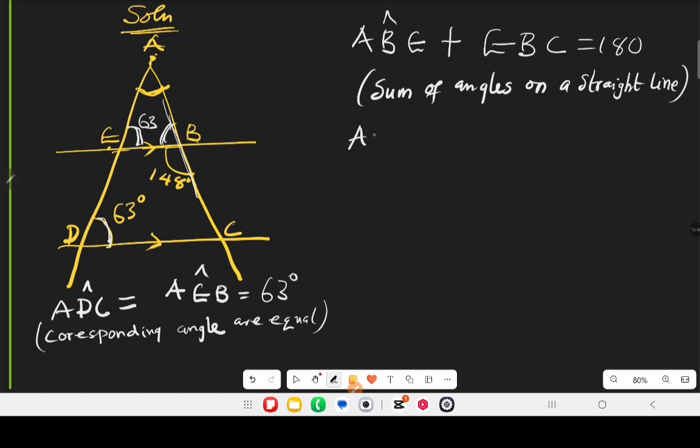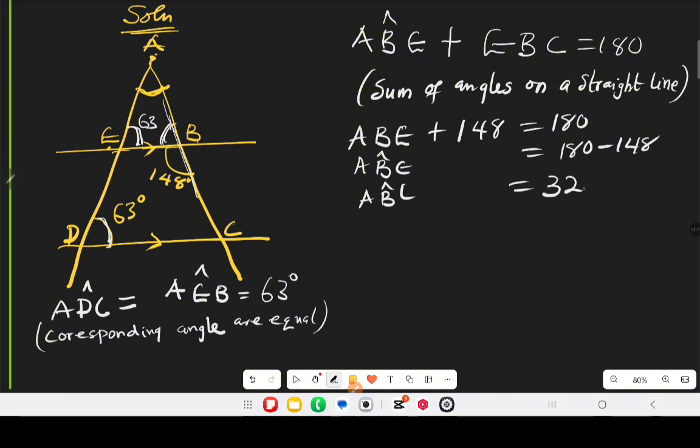That is ABE plus EBC, which is given as 148, equal to 180. What we do to get ABE, we collect the like terms, equal to 180 minus 148 is equal to 32 degrees. We put 32 degrees here. Now to get this angle, we call it X, which is angle EAB,